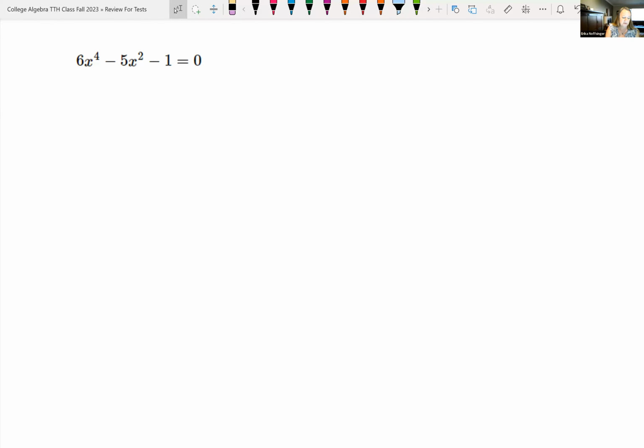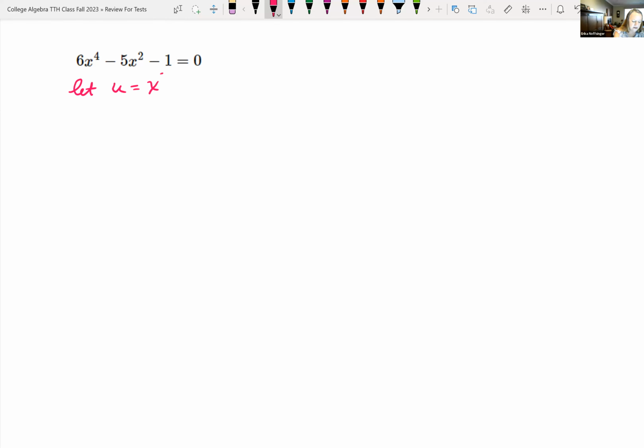So the next problem in front of us is very similar to what we had just done. The only problem with this one is that the coefficient that's going to be in front of our square is not 1. So it makes it a little more difficult if we're going to try to factor it. Well, let's go ahead and look at this. So we could, again, use substitution if we wanted to. So we could let u equal